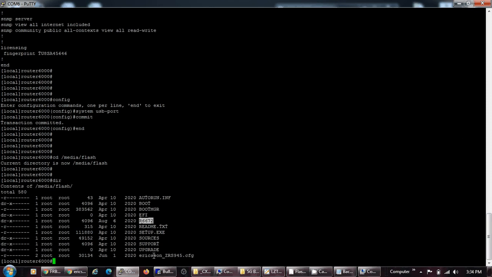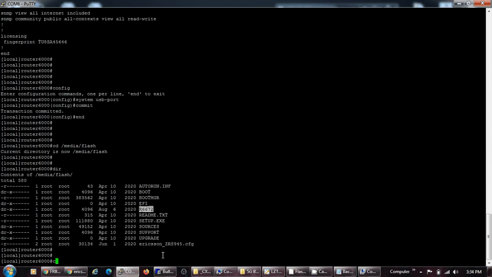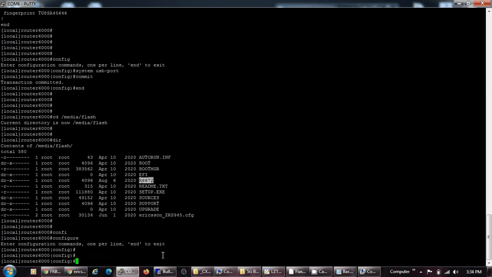So I also pasted my Ericsson _ZS945 in this same USB. So now this USB is plugged. We have now very little work remaining. We will go to configure mode and write the command boot space configuration